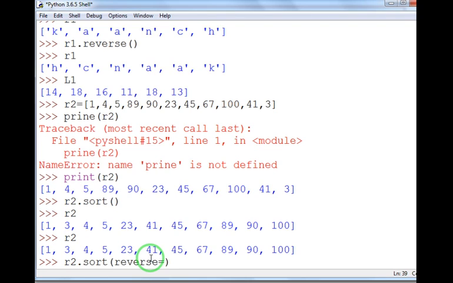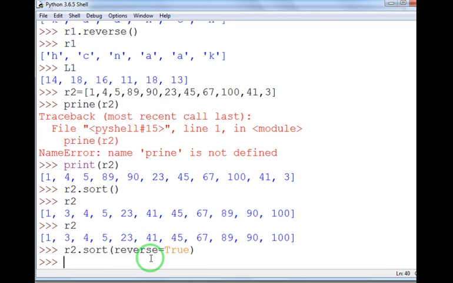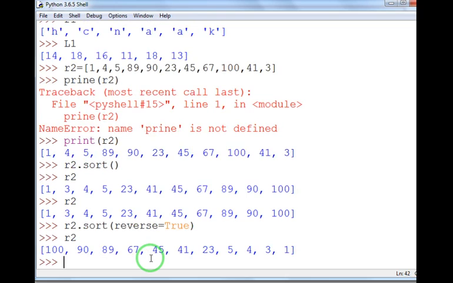The T should be capital: reverse equal to True. So when you give this command, R2 dot sort reverse equal to True, it will arrange your data in the list in reverse order, in descending order, greater to smaller. You can do this with string values also. You will get the same output.